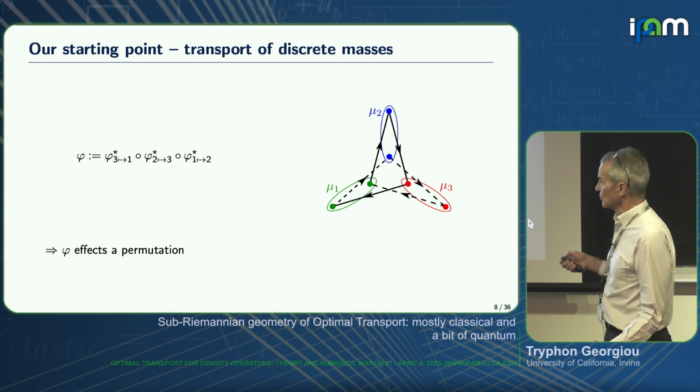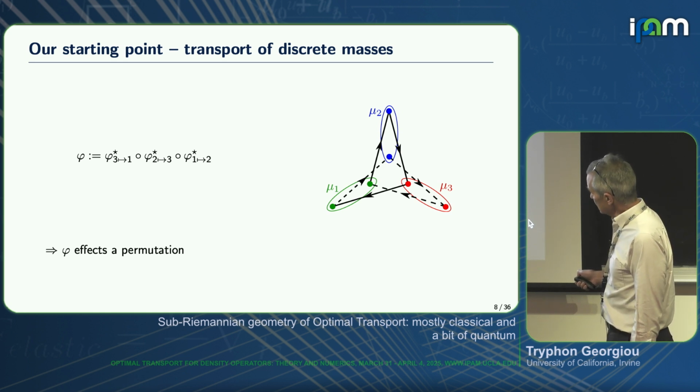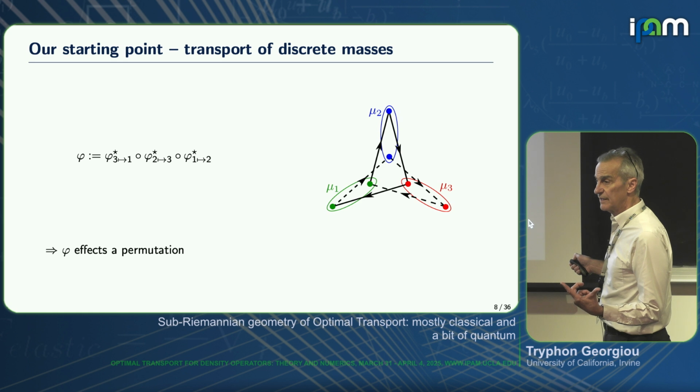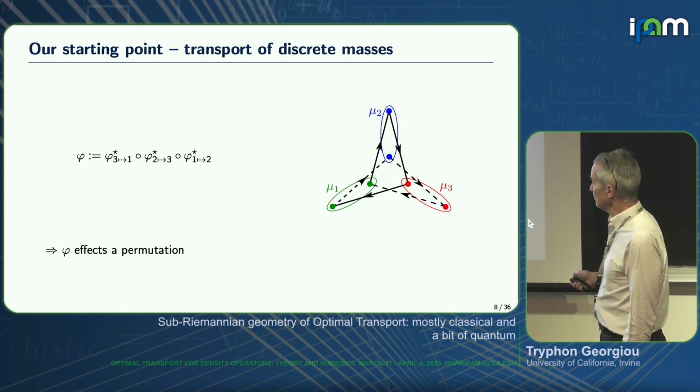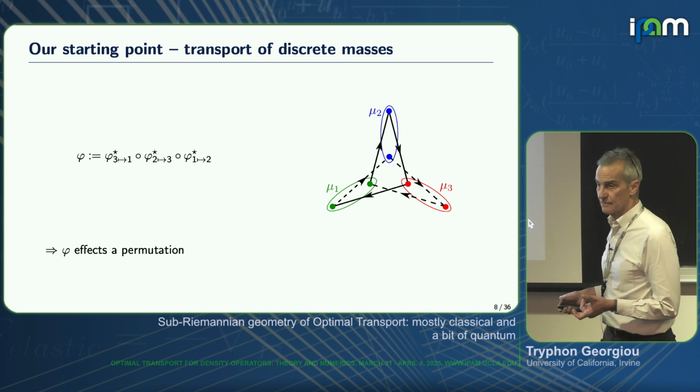Now, so this is standard optimal transport with discrete masses. So you have those two, and you try to reposition them in the positions of the blue distribution. If you think about this, the distance between this dot and that dot is too huge. So if you square it, it's too big. The optimal transportation plan swaps the position of the particles. So if you try to move them now from the blue to the red, again they swap, and then again they swap. So if you go around the cycle, you have a permutation.